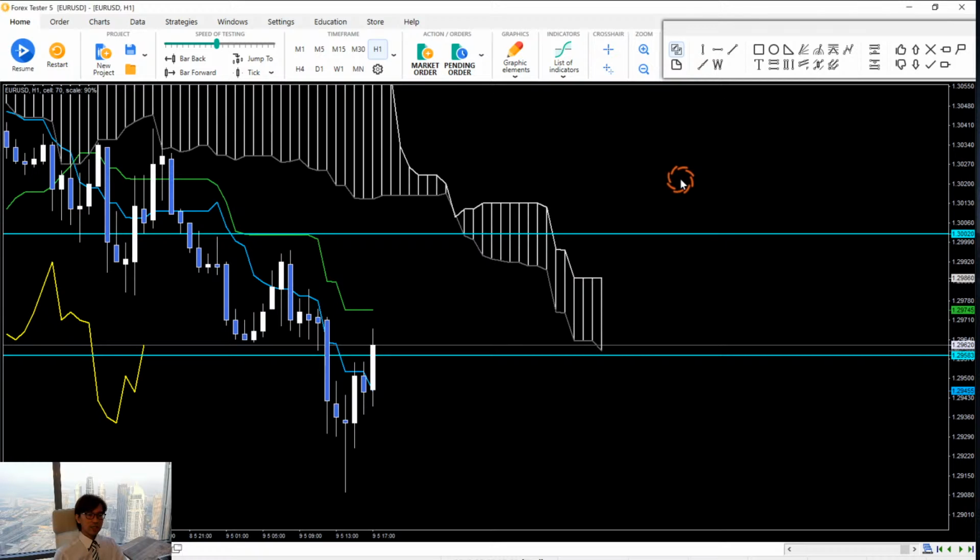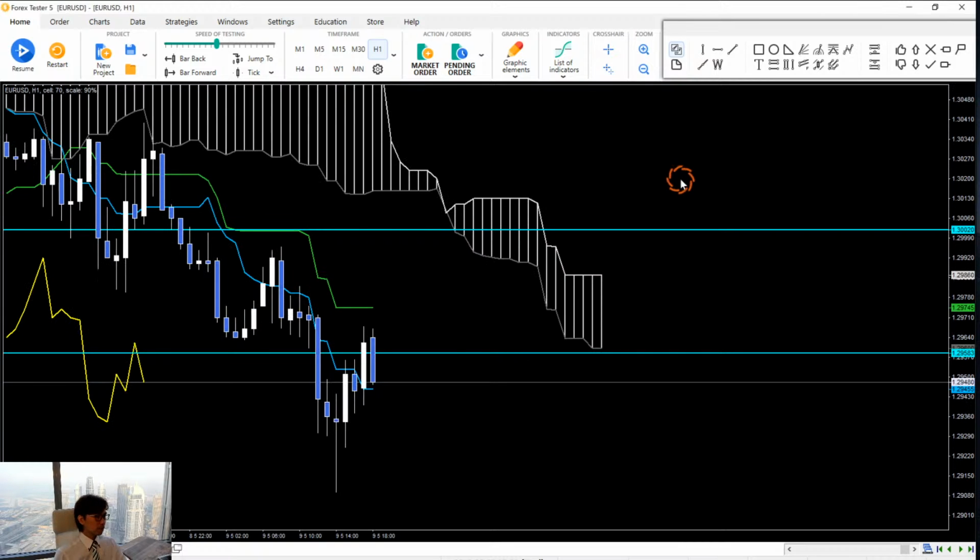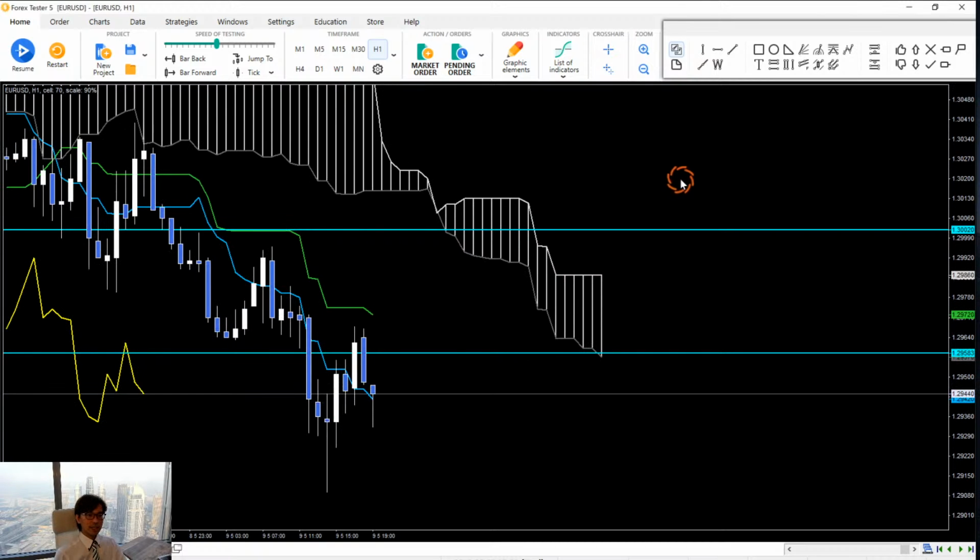So let me just forward the candles like this, just on the 1 hour chart. Okay, so here now I see the 1 hour chart is going down. I see Kumo is down and Kijun Sen points down too. And also Chikou span is located below the candles. And this is another new potential downtrend. Yep. And if you see the 1 hour chart downtrending like this by Ichimoku, then you have to confirm